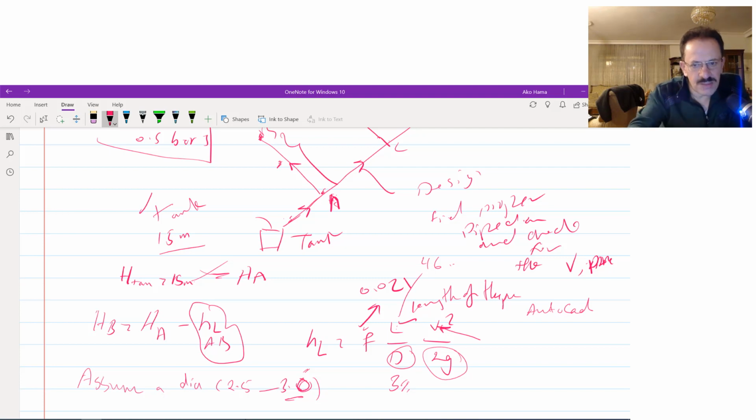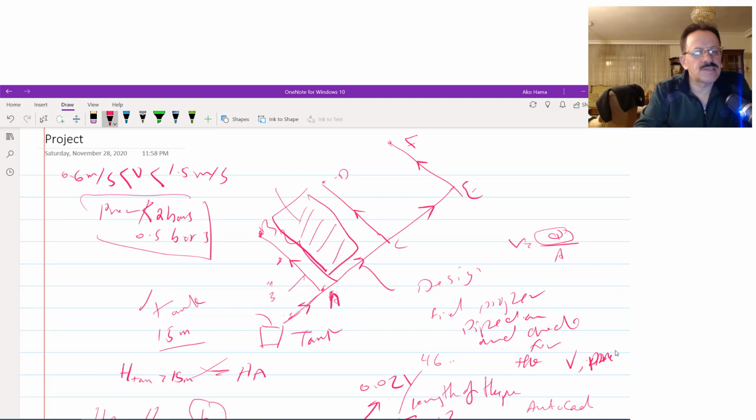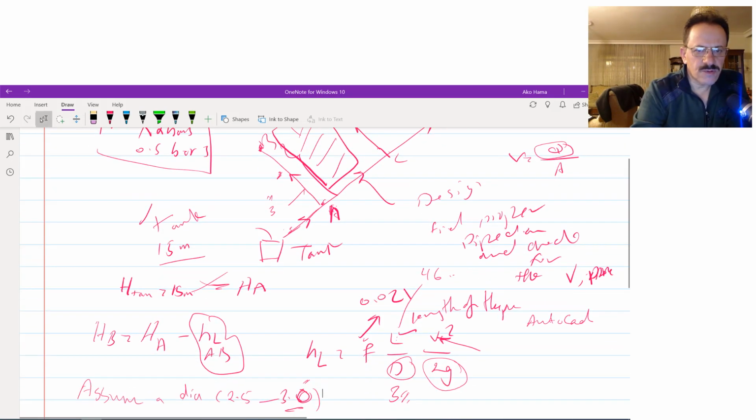How to find the velocity in this pipe? You have the diameter, you assume this is 3 inch. Now the velocity is equal to Q over A. What is the Q? What is the demand of water for this city? So we have to find how much water this pipe should deliver for this area. Now you have to suppose how many houses there are in this block, because these should be supplied with water.